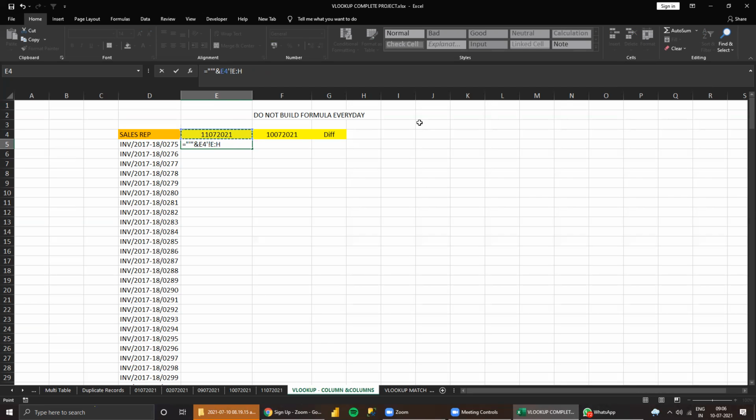Then again ampersand. Then again double inverted commas. Here put single quote and exclamation mark inside double inverted commas, ampersand. Then the range like this. Here the range, right?